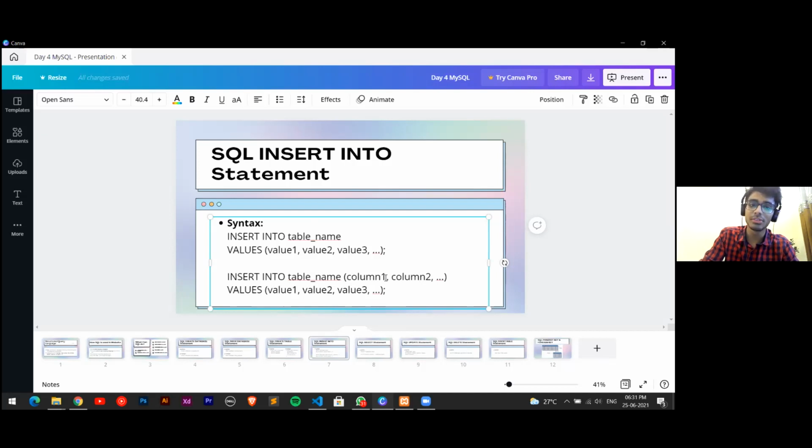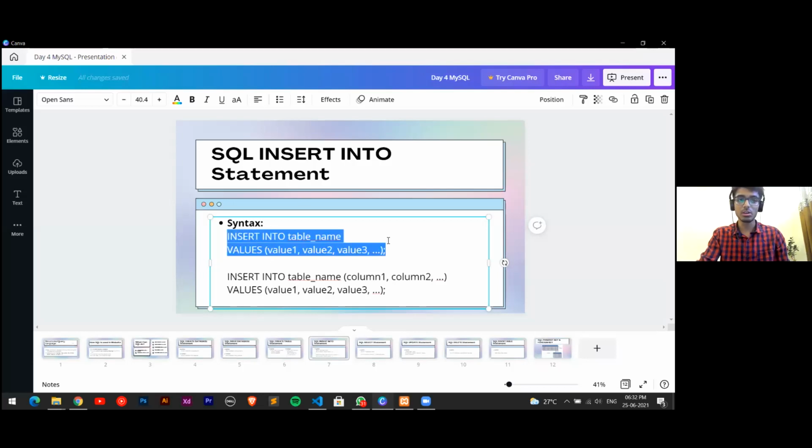I can't just write column 2 randomly over here and give the value of the first column. The query will run, but the value meant for column 1 will go into column 2. So it will basically get messed up. So I'll just use the first one because I want to provide all the values.